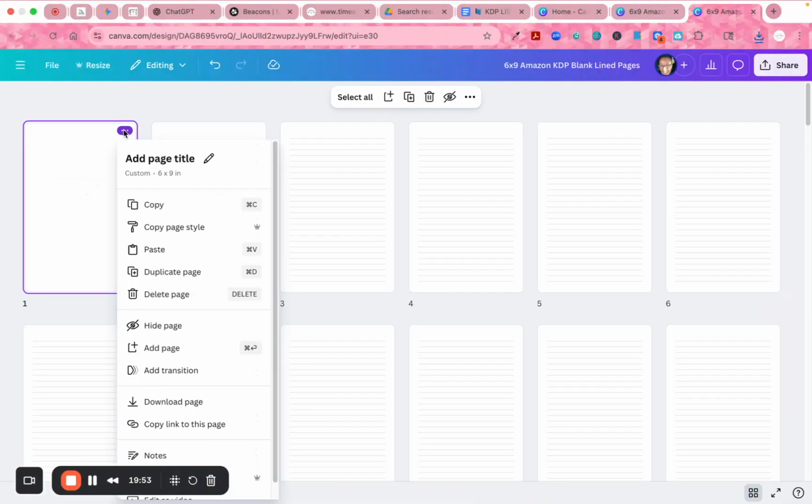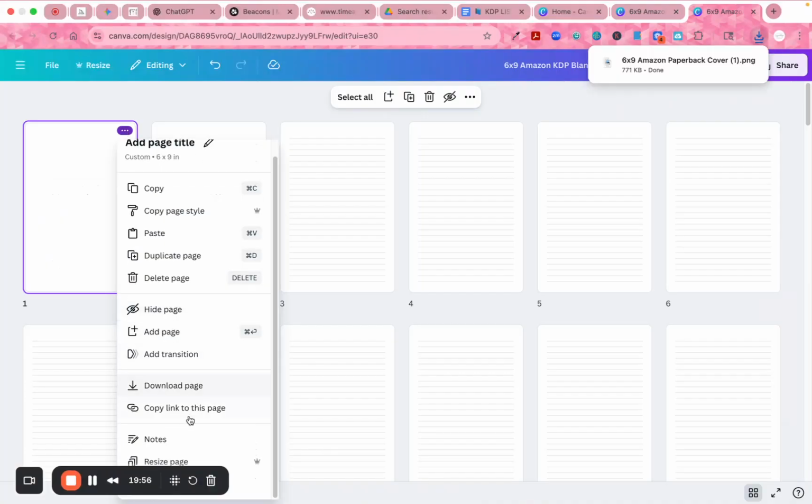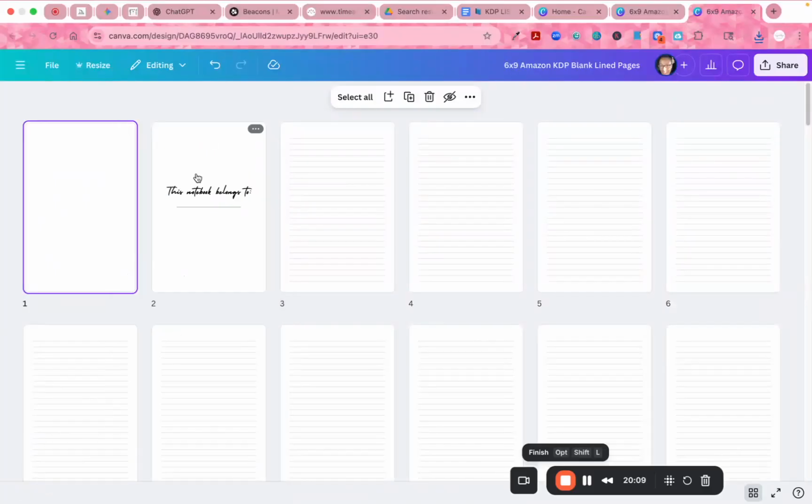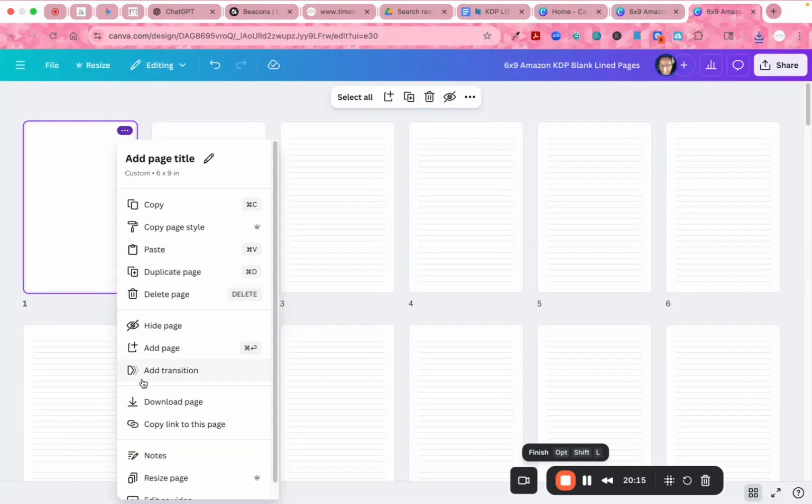And let's see, copy, duplicate, blah, blah, blah. Resize page is right there at the bottom. And as you can see, it has a crown. Let me move this. Oh, it did. Cool. So, like I said, if you click right here and scroll down, it lets you resize the page, but this is a Canva Pro feature, so you want to have it. So I'm going to click resize page,